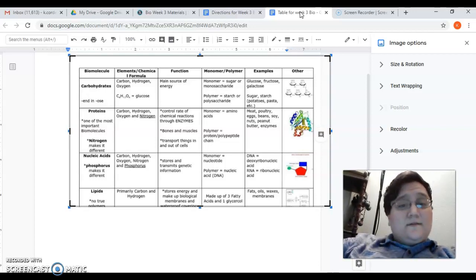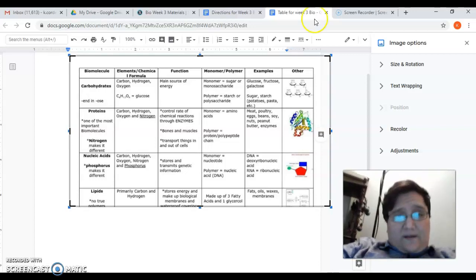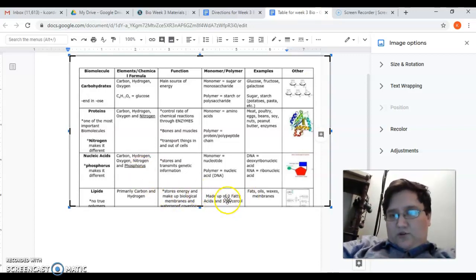We're all sad. So, going back down here to lipids, you are going to tell me in your table that the monomer is glycerol and fatty acid. I don't even care about the 1 and the 3. All I want to know is that you know that the two monomers for lipids are fatty acids and glycerol. Now, in terms of the polymer, it's not even on here, which is silly. It's something called